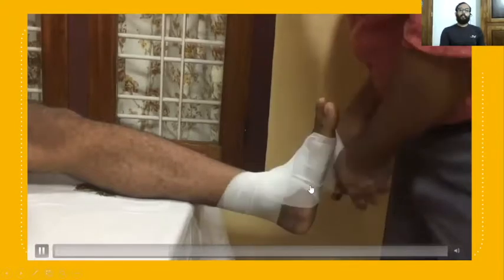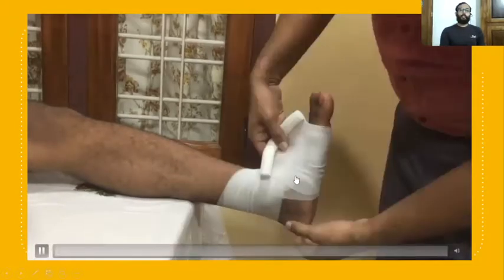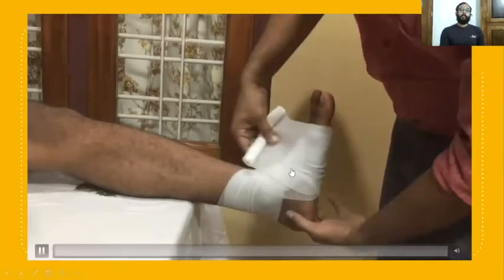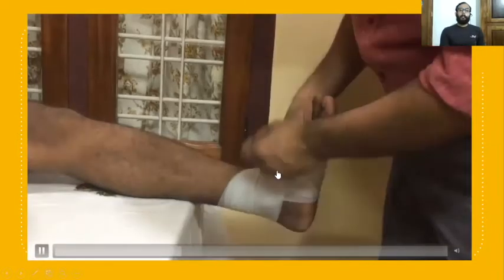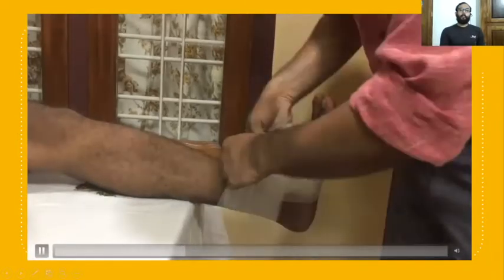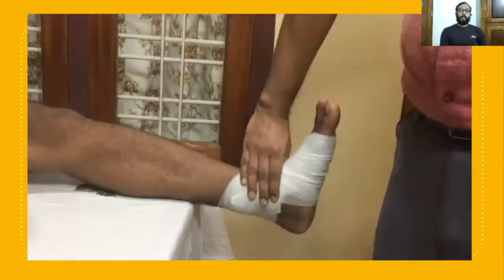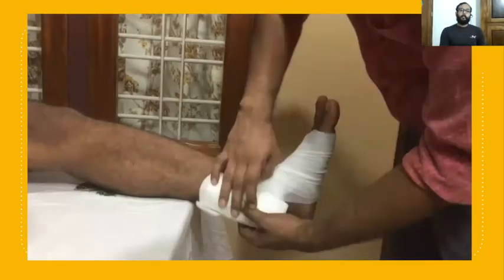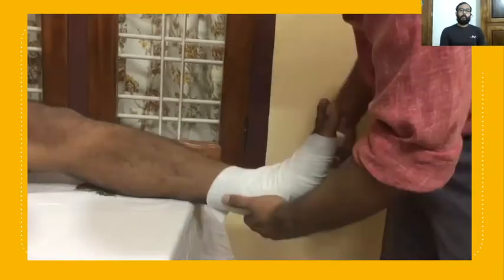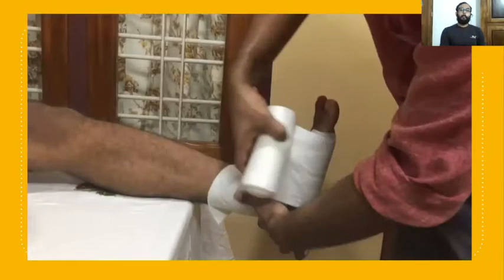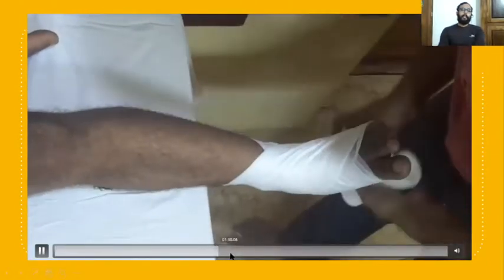This is the application of muff. You can also use gauze before the cotton bandage to avoid allergy. After applying this, here we are applying muff. Then compressed cotton or top band is applied. You can see the compressed cotton or top band applied above it, and the heel is open. Here the heel is kept open.